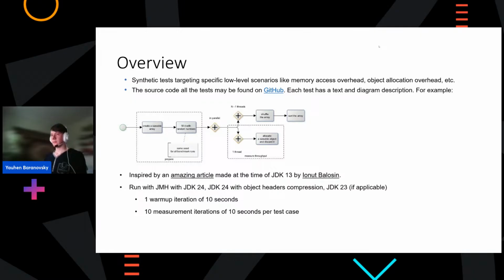Then I have to pay some respect to the original article by Einat Balasin, which was done for JDK 13, and it gave me basically the structure and the framework for setting up my test sequence. Then the benchmarks were run with JDK 24, both with and without object headers compression, which is a feature that came out with JDK 24 exclusively. JDK 23 will run without it